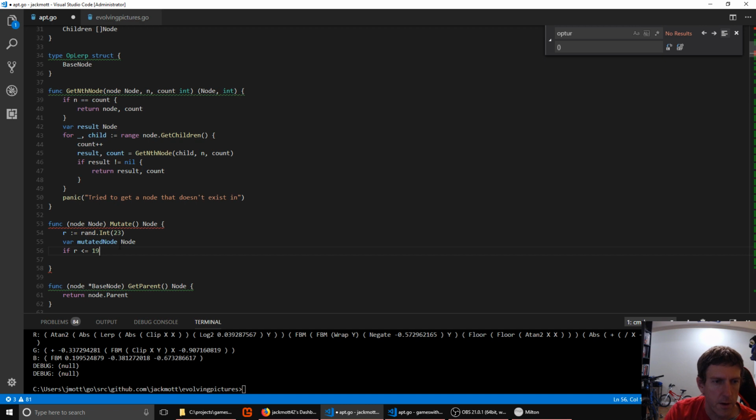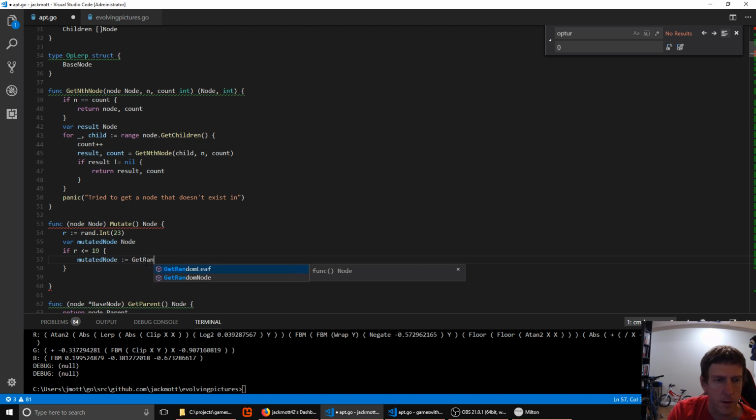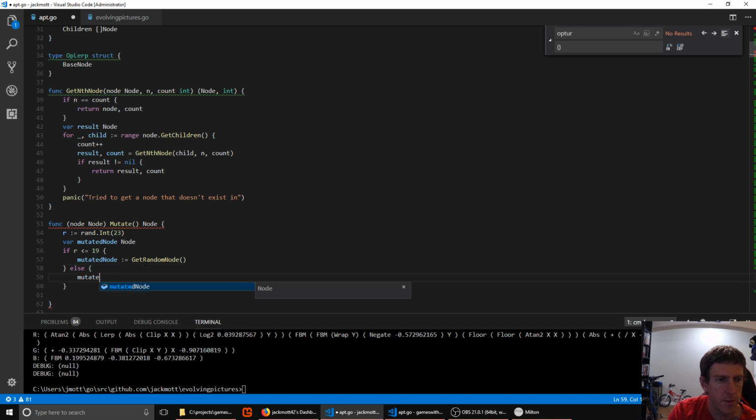And so there are 19 different non-leaf nodes. So we'll say if the random number is less than that, mutated node equals get random node, else. All right, so at this point,